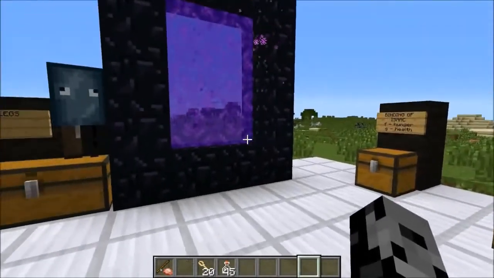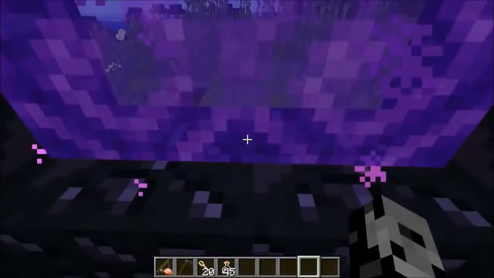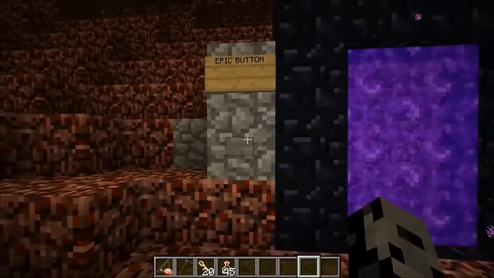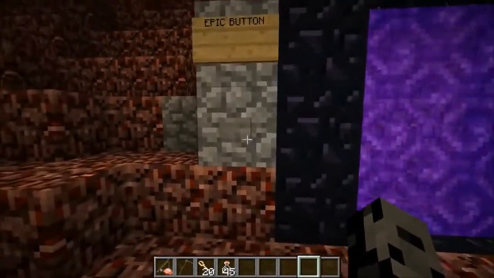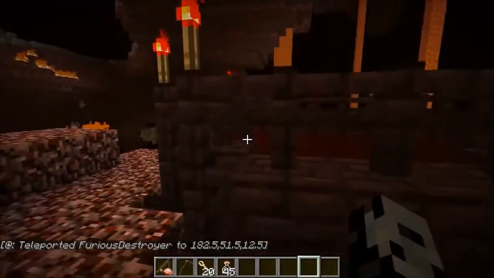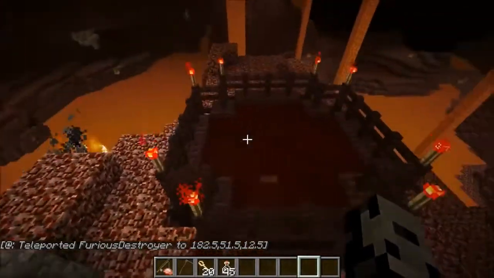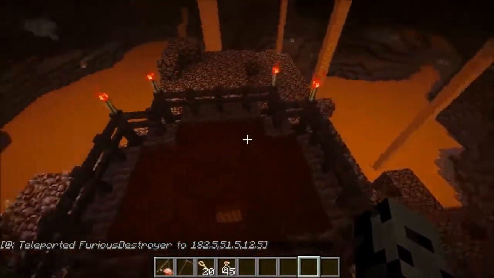I already showed you guys how to gather blood, but there's actually another way you can do it too. If you head into the nether, there's a special thing you can gather it from. So what we're going to do is hit the epic button. Alright, so this is going to bring us... Oh my god, that was scary. Are we alright? Alright, so it brought us over here,